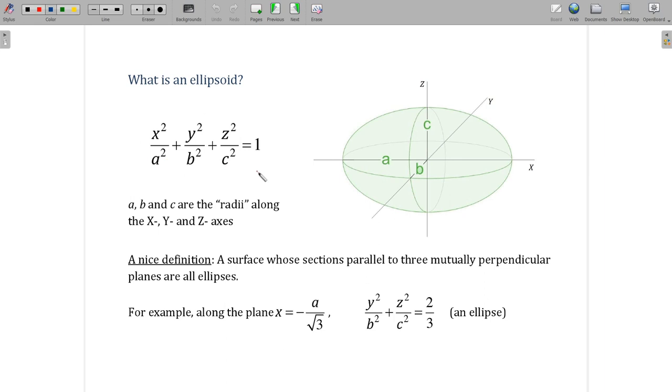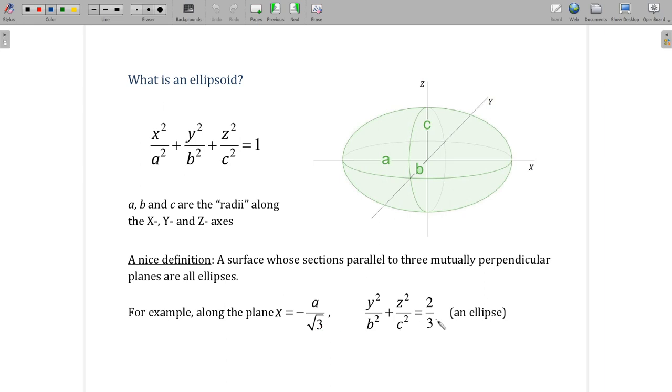So if we imagine a plane which is perpendicular to the x-axis, let's say at x equal to minus a by root 3, that would lie somewhere over here. So if we have a plane which is parallel to the yz plane and perpendicular to the x-axis, then that plane will intersect this ellipsoid along certain points, and those points will trace out an ellipse. It's not very difficult to understand that, if that plane cuts this object, we will get an ellipse, and we can show that mathematically, that if I put x equal to